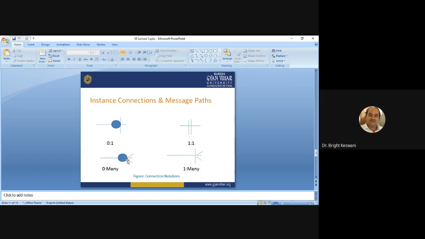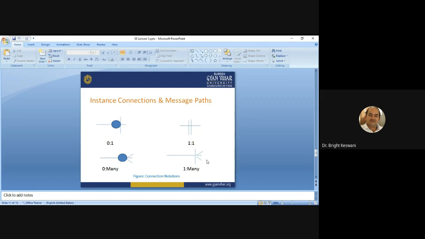When an optional connection is there, we can depict it through this circle. And if there are many communication paths, then we have to depict it in this type. In simple one-to-one connectivity, we depict it as in this figure.